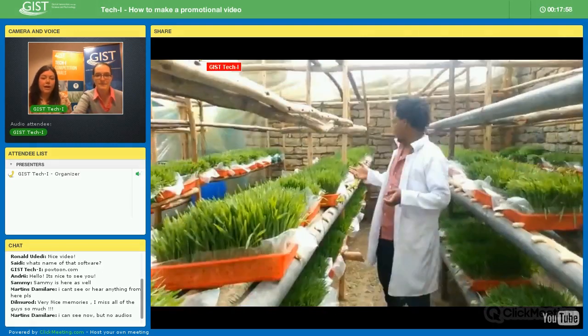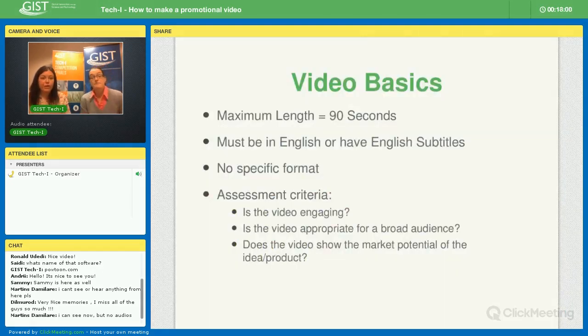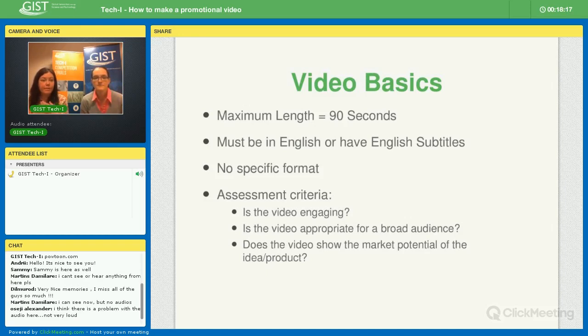Okay, so that basically shows you another option. The next point is that there's no specific format. If you are working in a lab, or Behalu in this particular example, he's working, he applied clearly in the field of agriculture, and he has his grass crops growing around him. He's showing us his workplace. He knows what he's doing. He knows his product. He knows what his idea is. It's very clear to him.